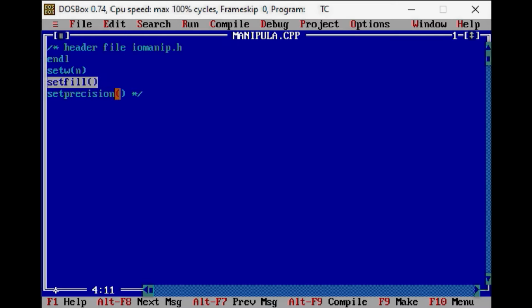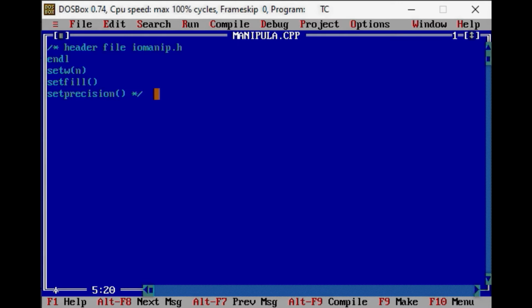That also we will see in the program. And setprecision is used for floating point numbers. That means after the decimal point, how many digits you want to display. For that we can decide a precision by using the setprecision manipulator.